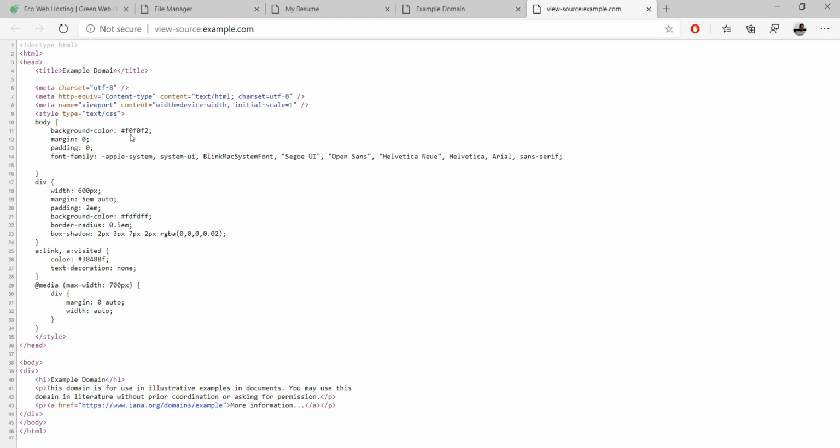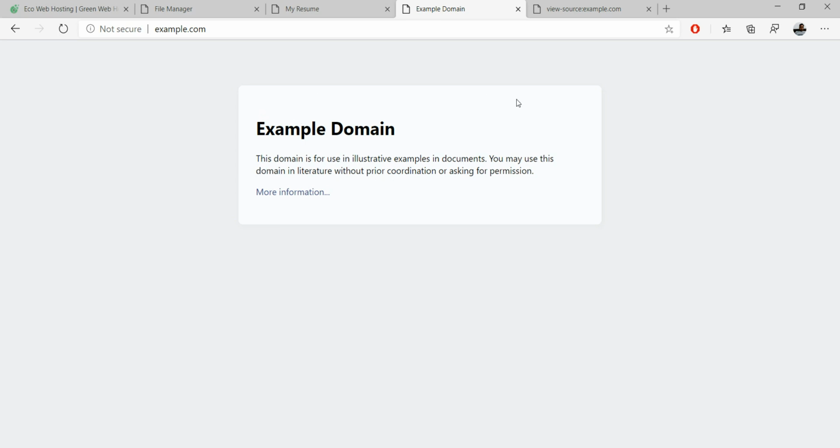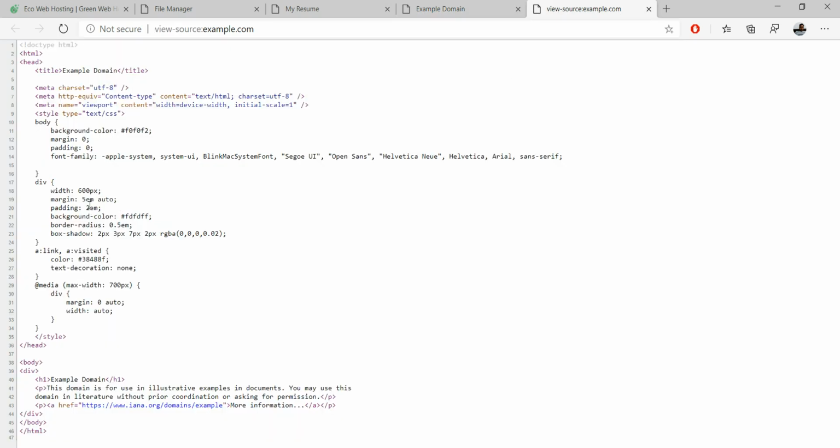And this box is a division box with rounded corners. You see the corners are rounded; it is a rectangle with rounded corners. This was done with border radius, for which we gave values. So this is what we can do with CSS, and there is a lot more we can do.